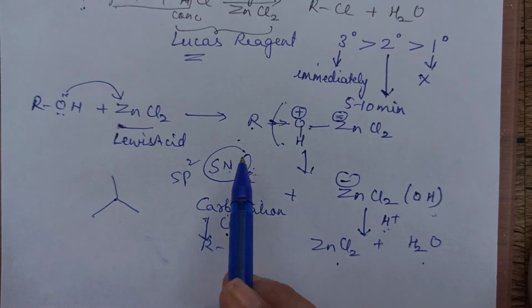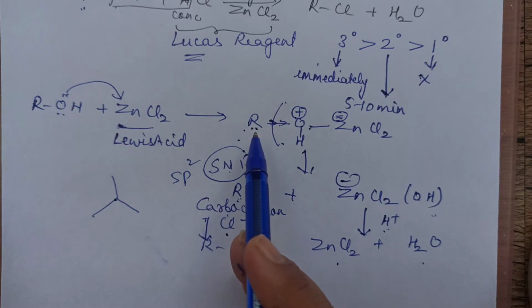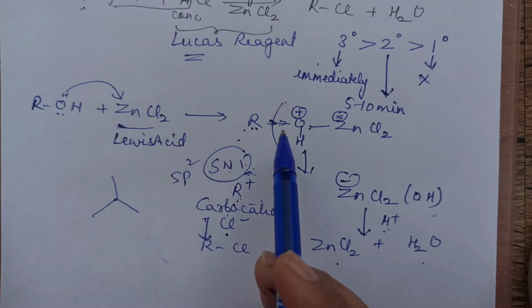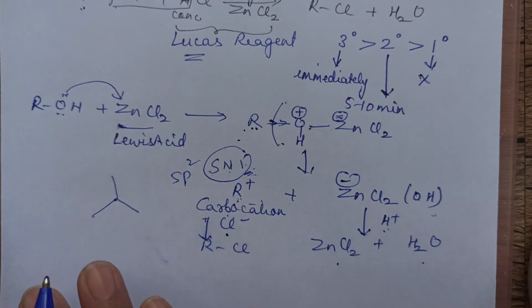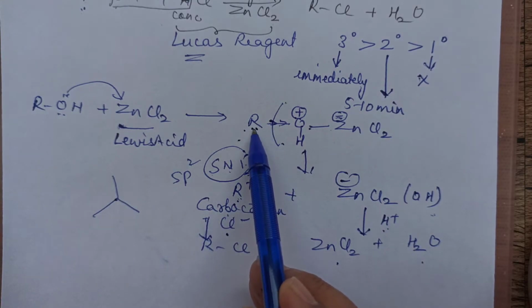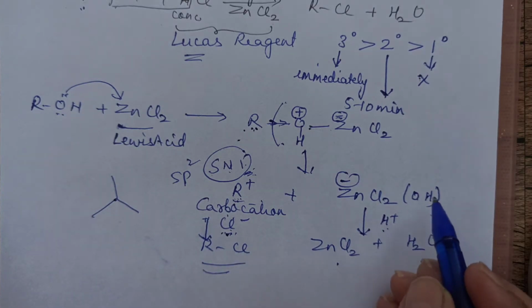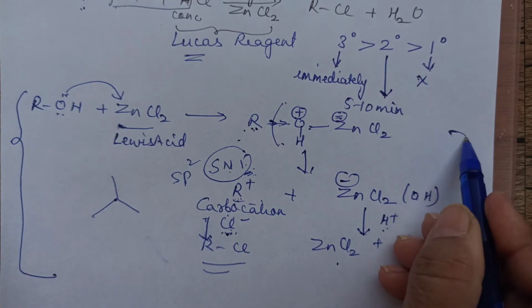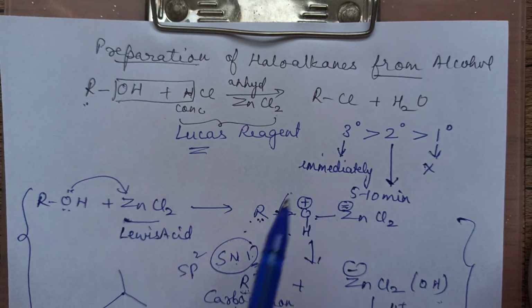So if it is a 1 degree or 2 degree or 3 degree alcohol, then depending upon whether different alkyl groups are attached to the carbon containing OH, on that basis you will have the inversion product as well as the retention product. That means you get both the products here. Okay, but as of now, what you can remember is the carbocation was formed. The carbocation reacts with that Cl minus of the acid which we have taken, and results in the formation of this. Okay, if you want to go for the mechanism, you can do this. But for the board exams, I think it will be sufficient if we write down only this particular equation.